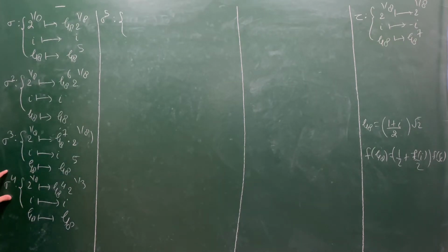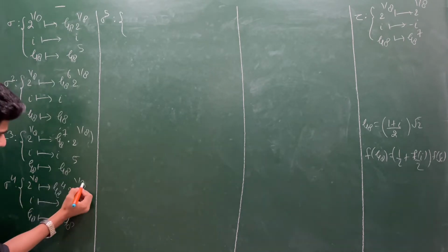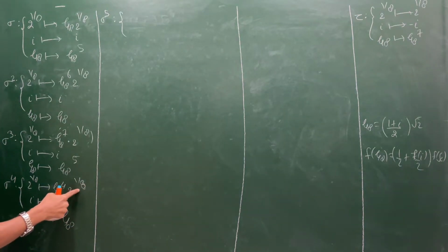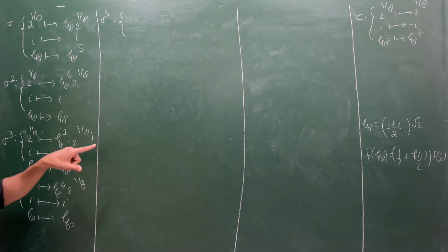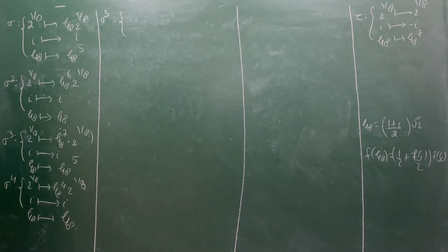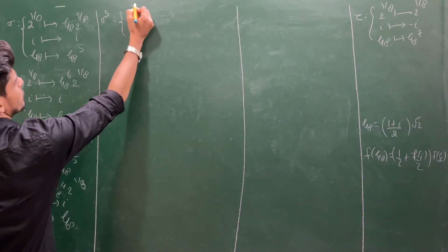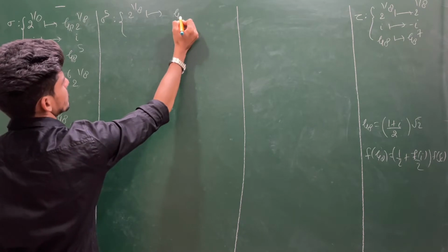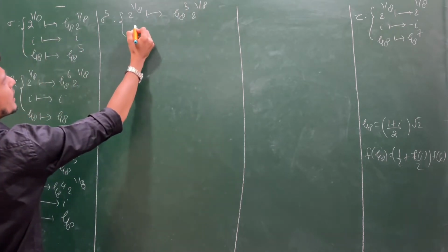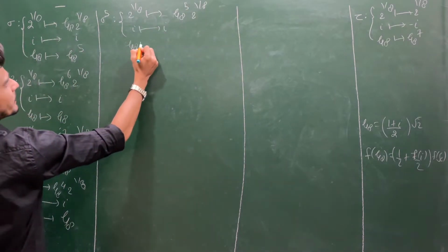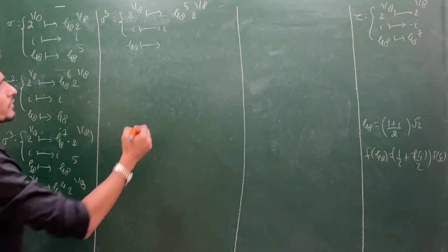So sigma 5, you operate sigma on this, you will have zeta_8 to the power 4 of sigma into sigma of 2^(1/8). So from here, if you operate on this, you will have zeta_8 to the power 20, and one zeta will come from here. So you will have zeta to the power 21. But zeta to the power 21 is the same as zeta to the power 5. So this 2^(1/8) element goes to zeta_8^5 2^(1/8). Iota goes to iota, and zeta_8 will go to, see, zeta_8 is going to zeta_8. If you operate again sigma on this, you will have zeta_8 to the power 5.